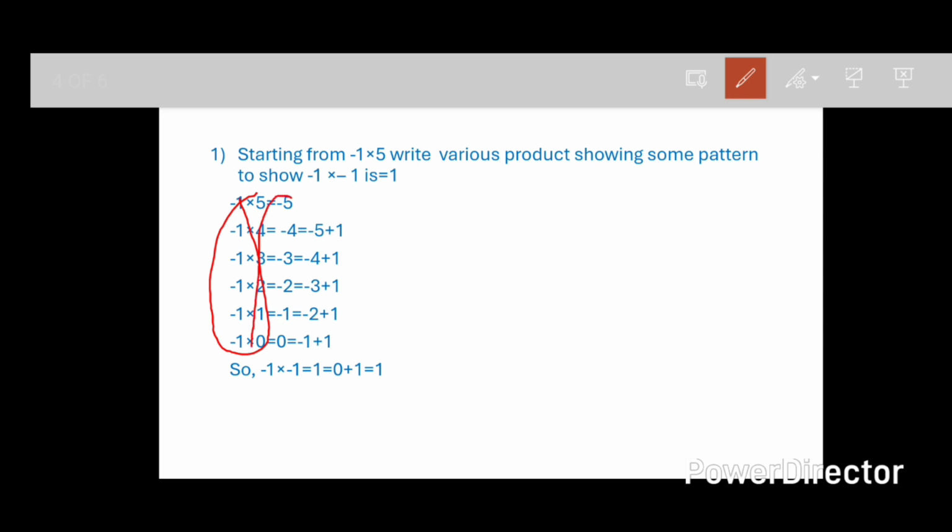5 4 3 2 1 0 minus 1, descending order is there. Here also descending order is there. Just you will continue the pattern. It is very easy to solve. Okay,